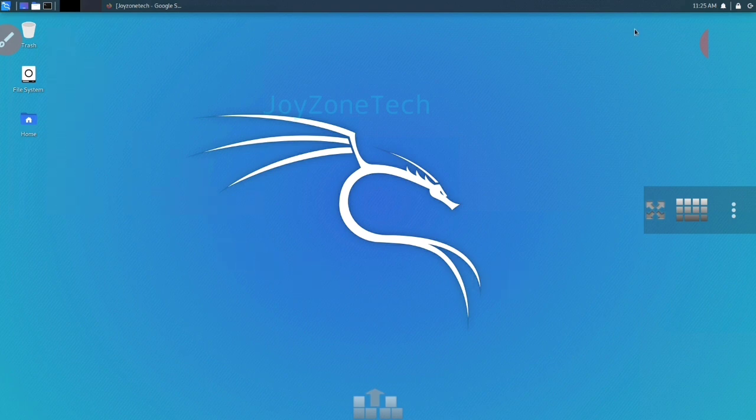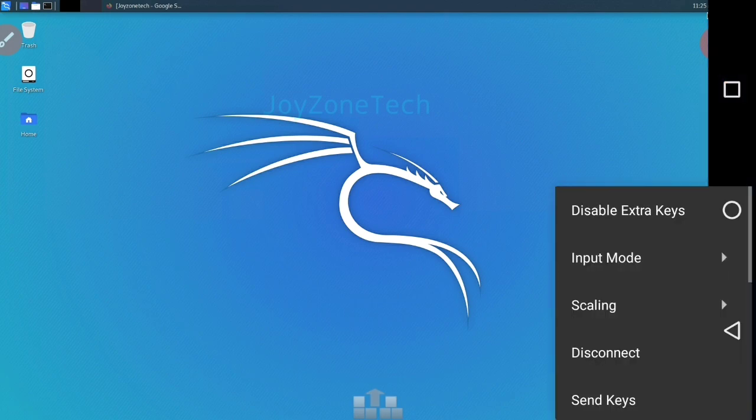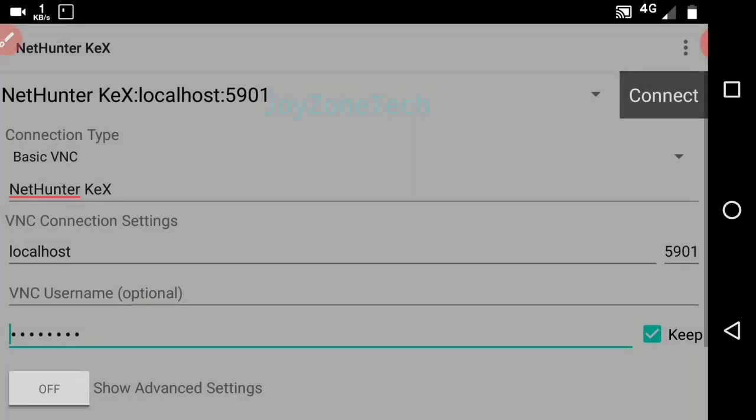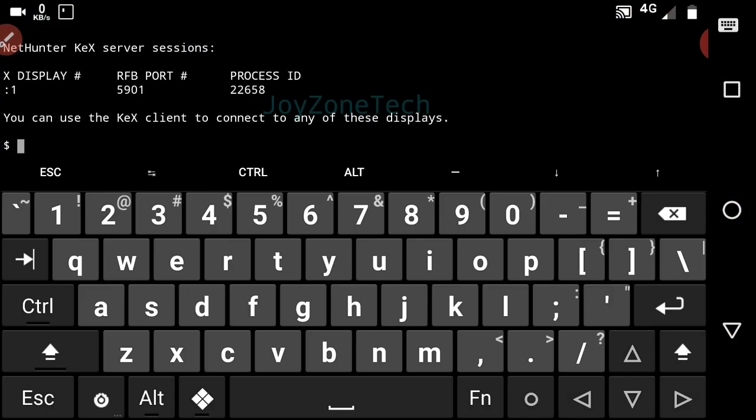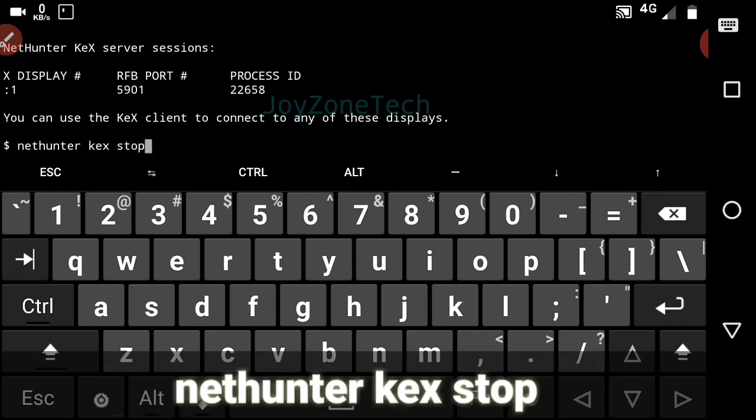To disconnect the NetHunter Kex app, click on the three dots here. Click on disconnect. Open the Termux app. Type the command nethunter kex stop.